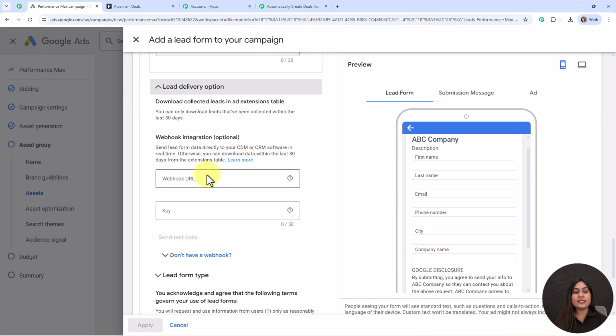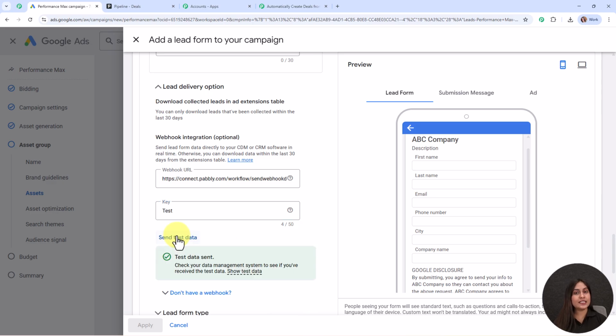Here you can see it is asking us to enter the webhook URL and the key. For the webhook URL, I'm going to enter the webhook URL that I've received in my Pabbly's workflow, and for the key, I'm going to give a random name to my key, that is test. After adding the webhook, I want to receive a test response for my Google Ads on my Pabbly's workflow, on this webhook URL, so that I can set up this automation further. To receive the test response, I'm going to click on send test data,